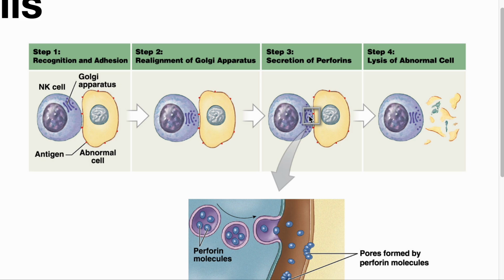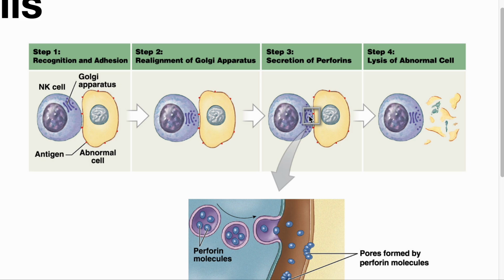and it's going to wait until that NK cell adheres to a target cell, and then the Golgi will orient itself to be right next to that target cell, and then it will release all these vesicles filled with perforins, and the perforins will diffuse across that very tiny space between the two cells and literally poke holes in the abnormal cell. It'll perforate the cell membrane of the target cell, and all of the stuff inside the target cell starts to leak out of the cell, and so it ends up lysing the cell,